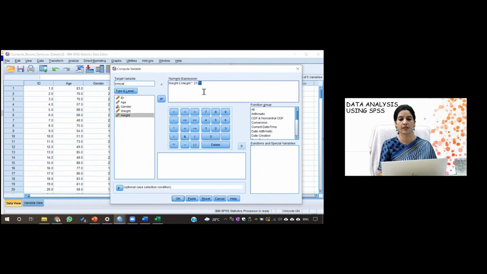Then I'm again copy and pasting this because this is again the same thing which I need to do, because height is a square one. There is no option of square here in SPSS. So this I have put here as height. And then again, I need to put this whole into a bracket, a bigger bracket. So I need to put 2 brackets here. So can you see this?